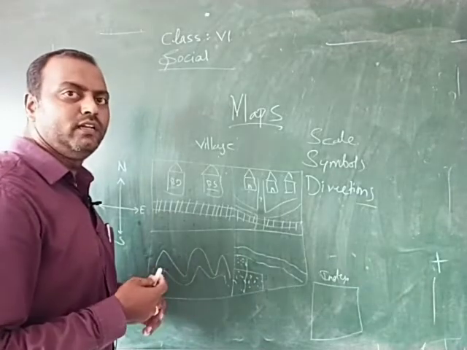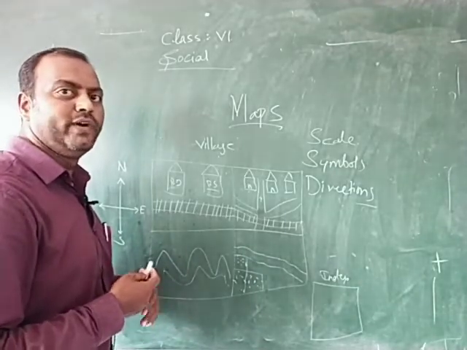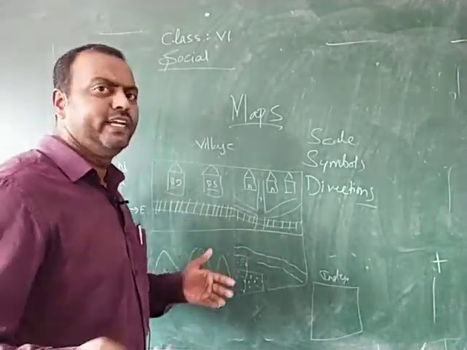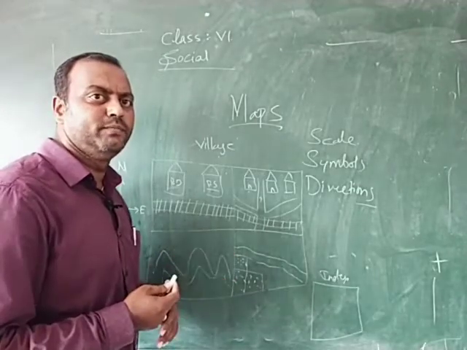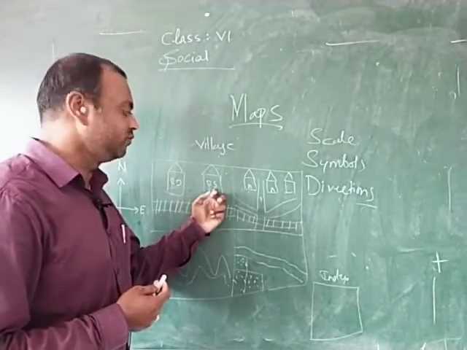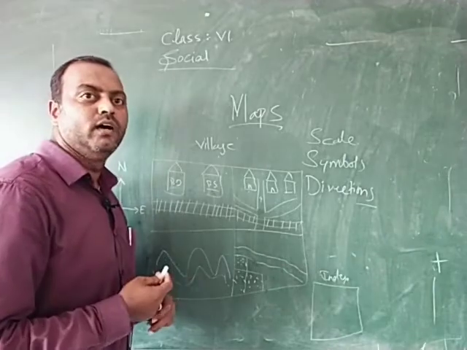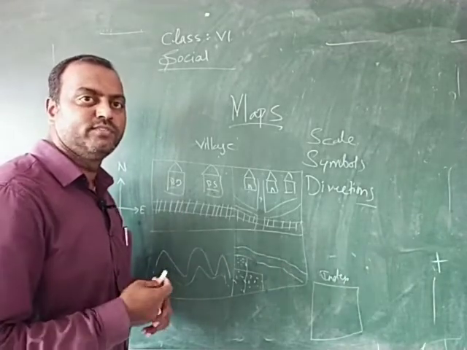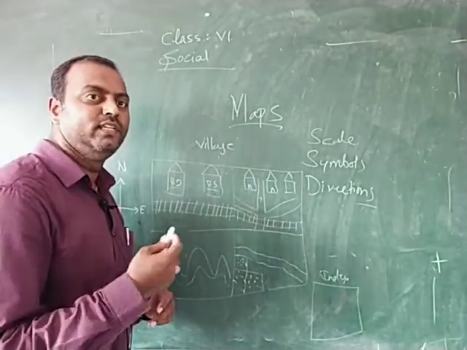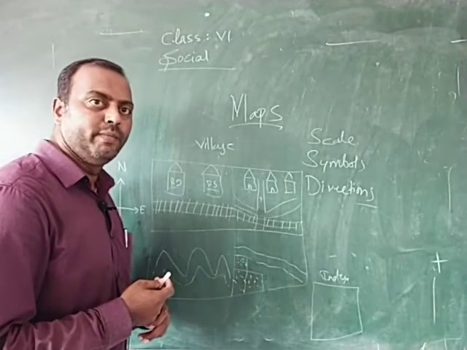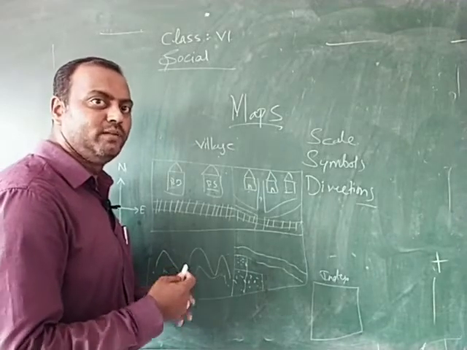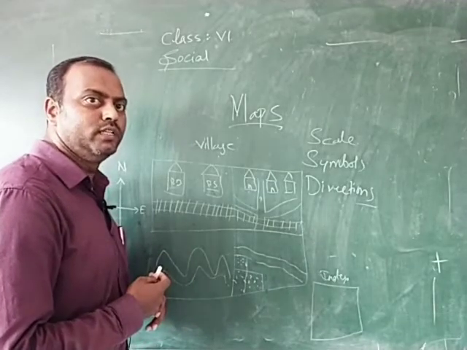When you travel on the main road or on a highway, you find different kinds of symbols on the adjacent sides. On the right and left side, you find different kinds of symbols used as signboards. On those symbols you might have found a nearby fuel station, nearby restrooms, nearby hotels. These kinds of symbols are called conventional symbols. These symbols are used even in the making of a map. Symbols make maps easier to understand. Symbols help us to locate a place very easily on the map.